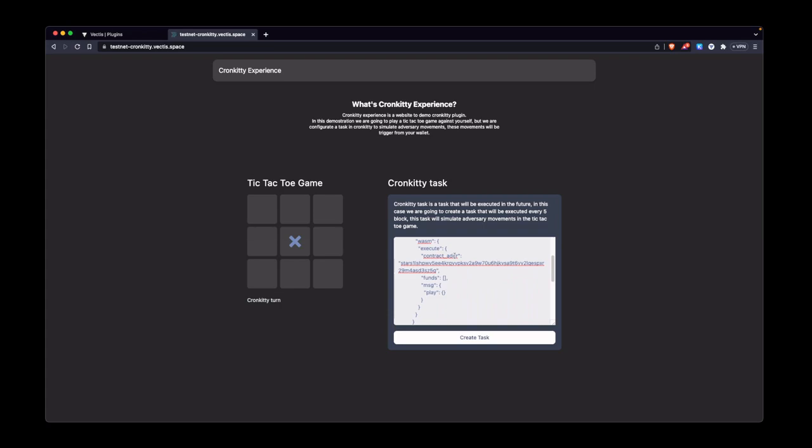So what is the task that Cronkitty is going to do? Cronkitty basically asks your Vectis account to do a play, and it's an empty position, because if it's empty, we do a pseudo random selecting a box thing on the smart contract, and it's telling your Vectis account to send this message to the tic-tac-toe game. So from the tic-tac-toe game's point of view, it's coming from your Vectis account, just like the first move that you did. We can see here that we have this autofill, basically,